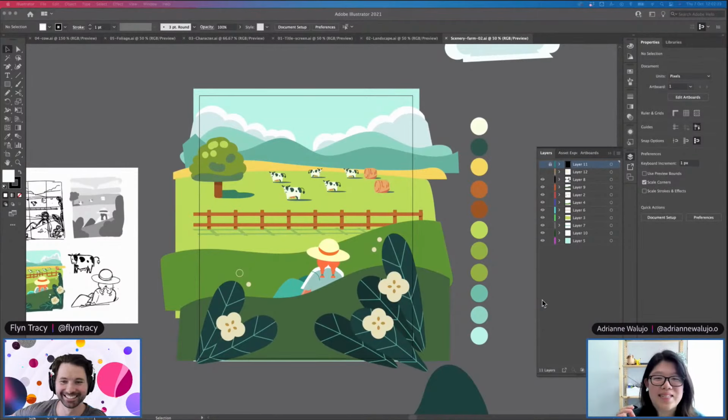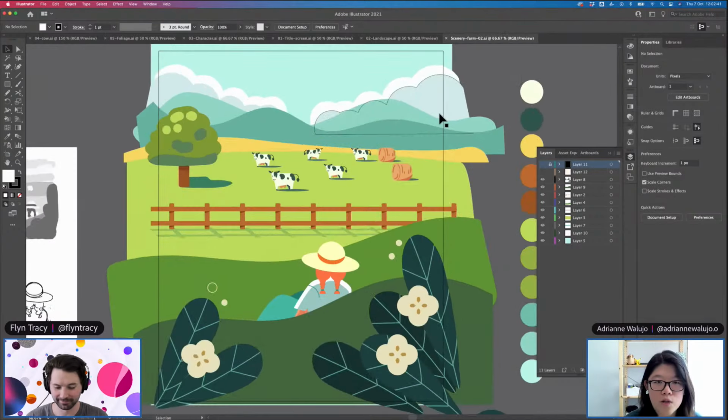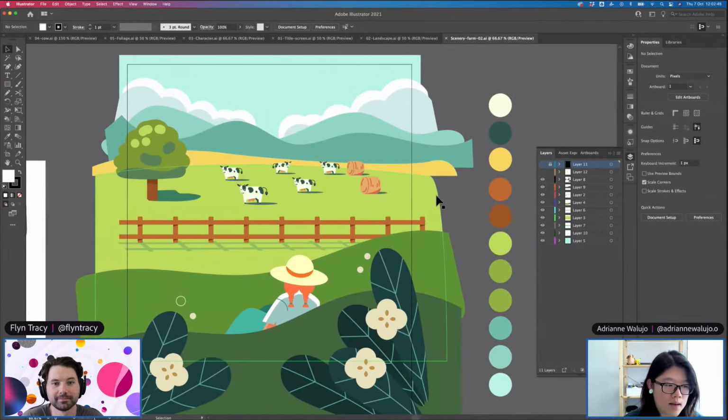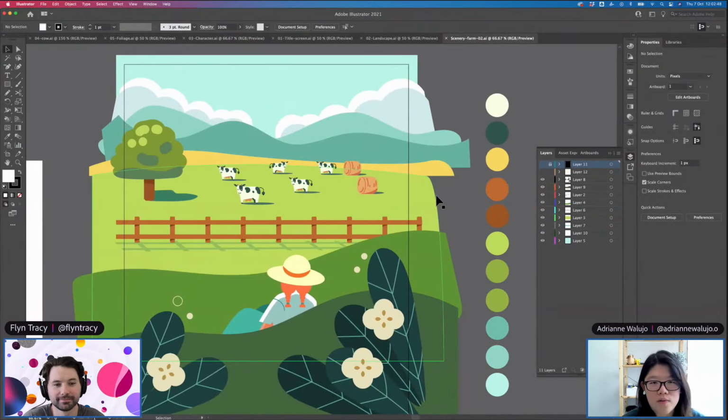I think on Tuesday, basically, we spent a lot of time on the cows, and in between Tuesday and today, I did some homework, which is completing the rest of the scene. I'm just going to go through really quickly what we were talking about regarding choosing colors, because color really affects the mood and the focus.